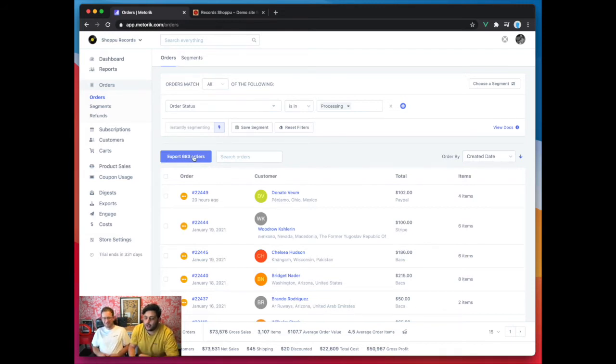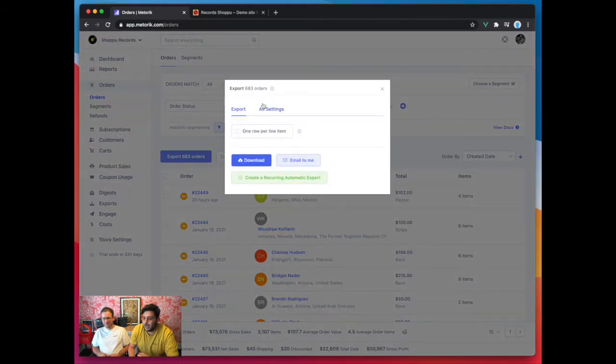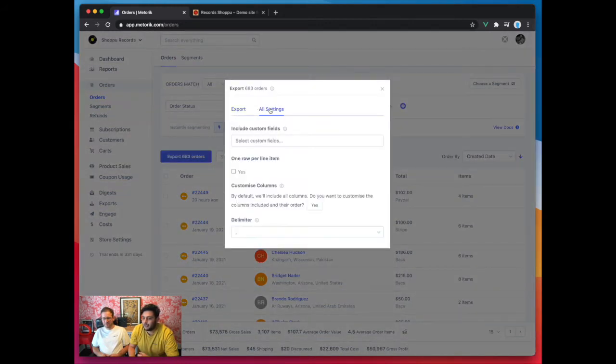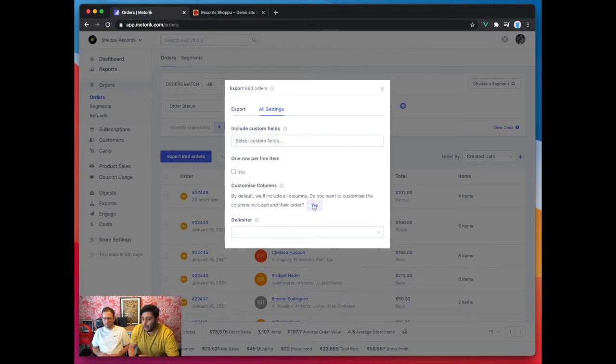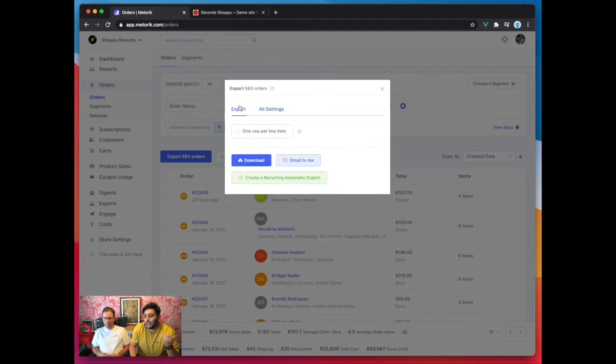Yeah, exactly. So you would just click the export button, and then you have some settings about including certain custom fields. You can customize the columns as well. You can do 1 row per line item so that each line item in the order is on its own row, just depending on how you prefer to handle the data. And then, at this point, you can either just export it and it would be downloaded to your computer, or